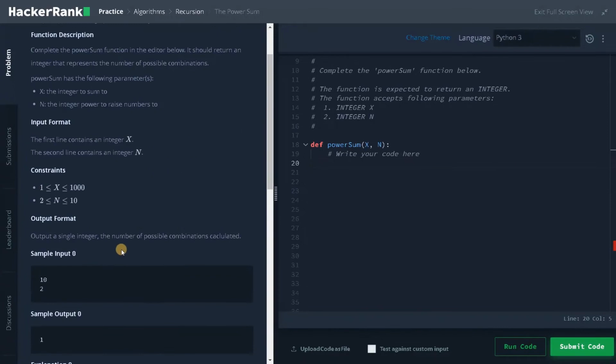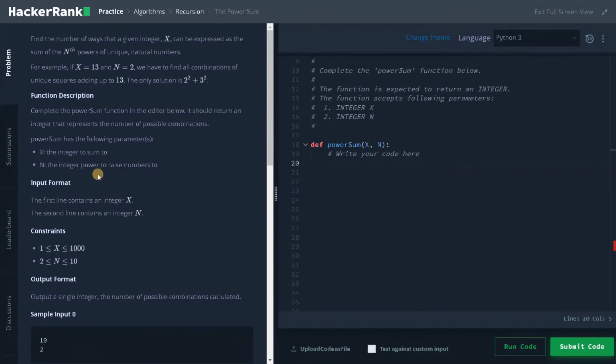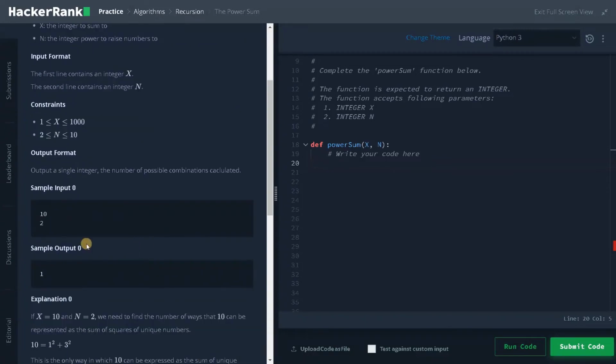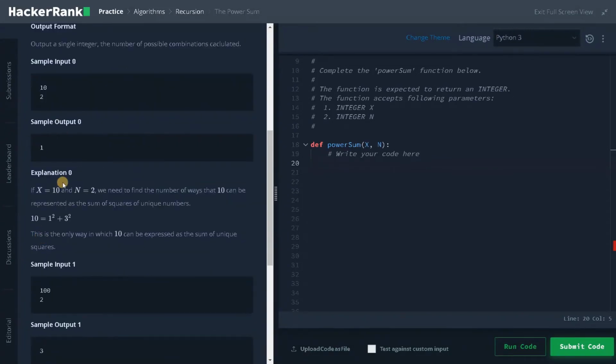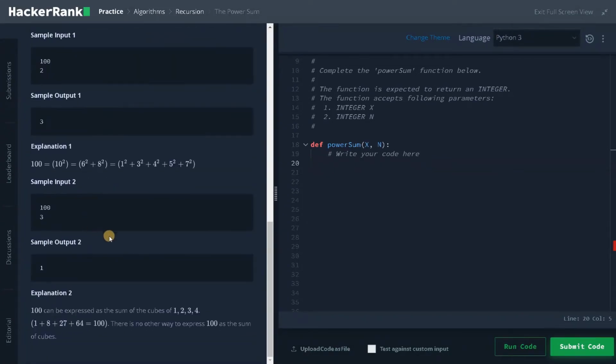If there is nothing, we can directly return 0, as there are no combinations to arrive at this particular number. That is how we have to solve the problem, and we can solve it using recursion.